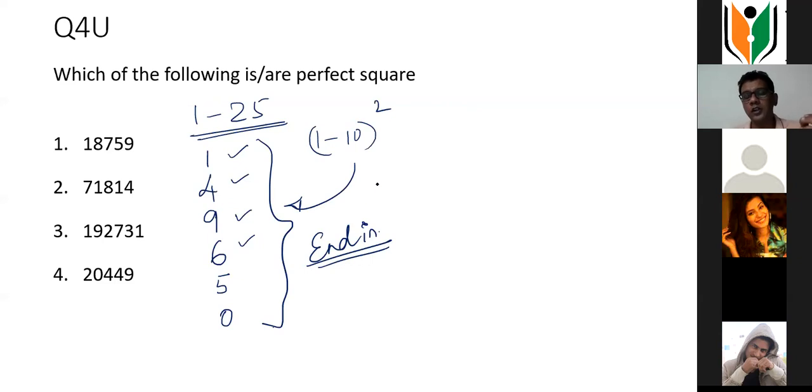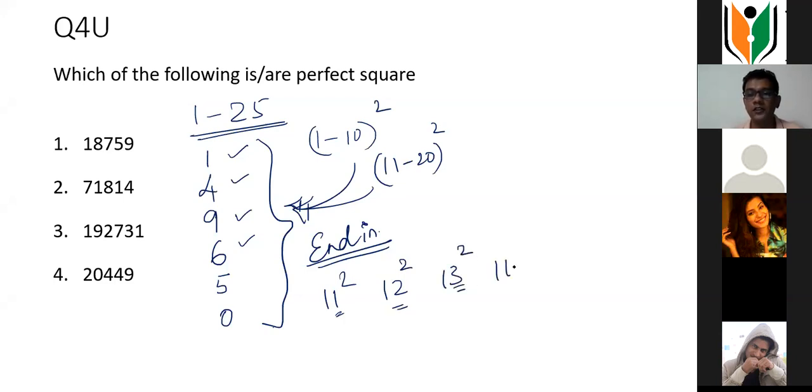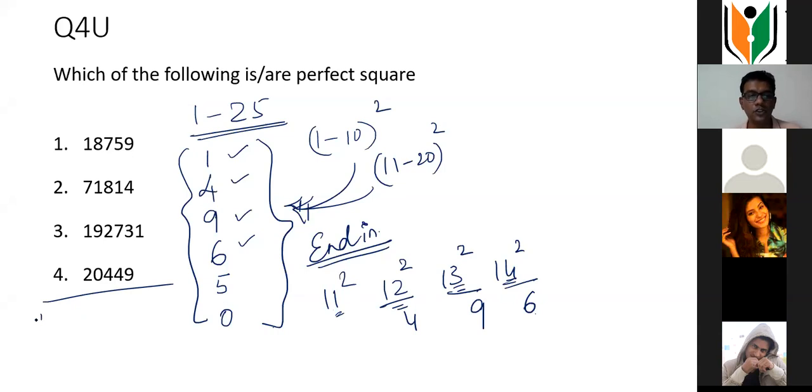So do you think that all the numbers from 11 to 20, when you square them, will also end in one of these digits? Yes, it has to, because 11 square ends in 1, 12 square has to end in 4, 13 square has to end in 9, 14 square has to end in 6, correct? So all the values will continue ending in one of these digits,